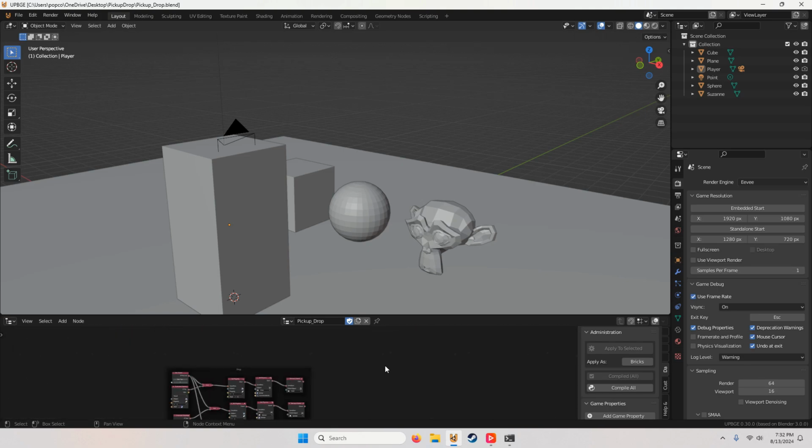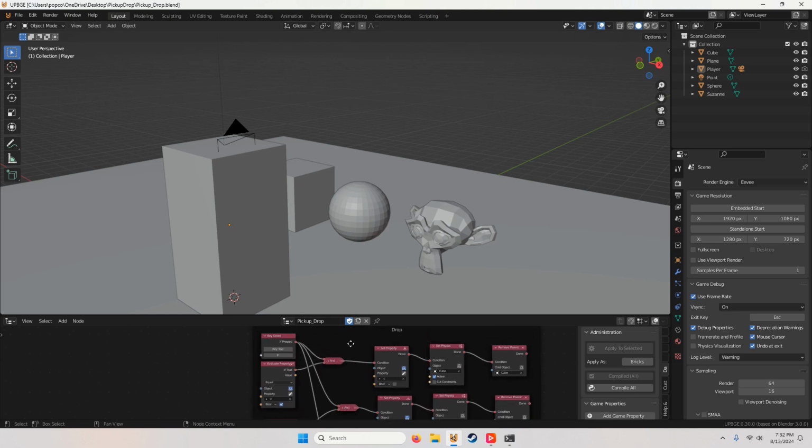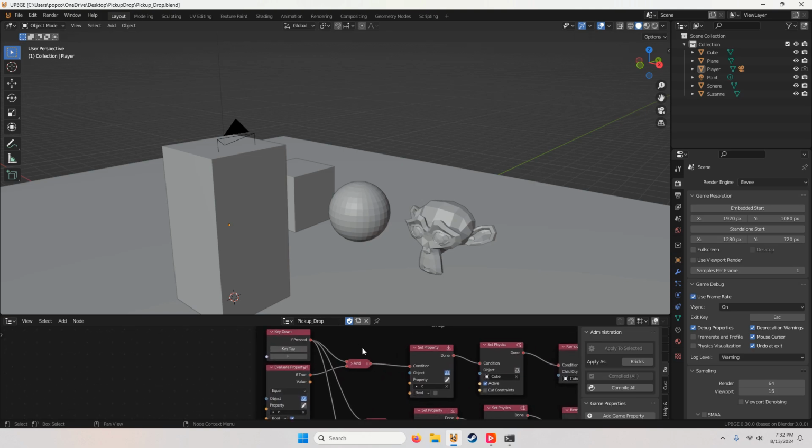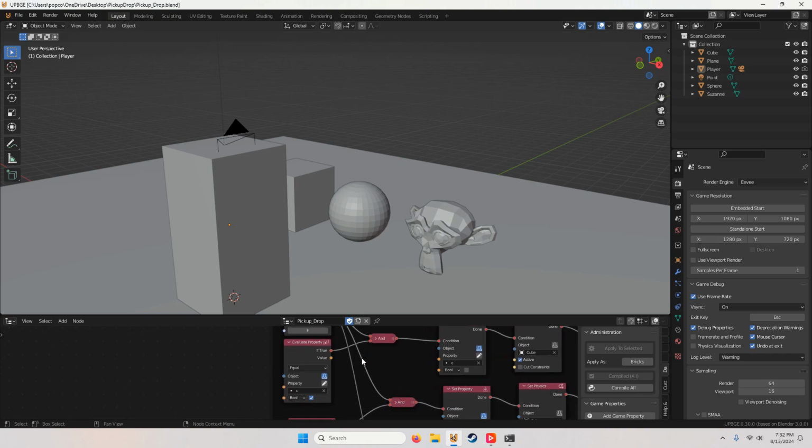And for the drop logic, we have key down input with an evaluate property, which checks if the property is true.